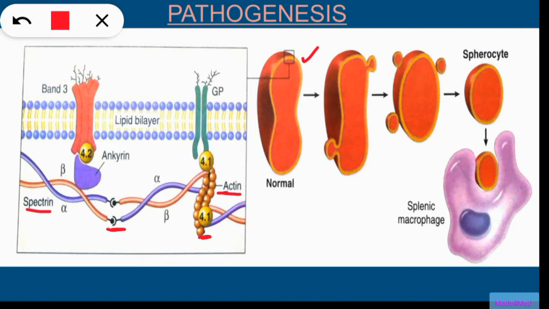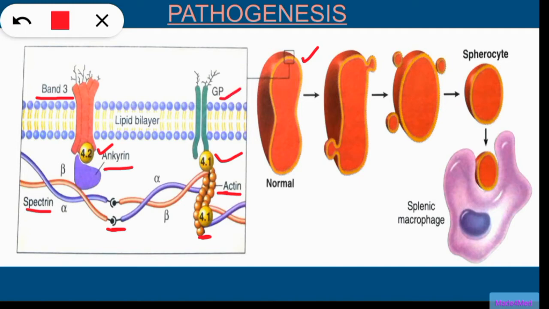This spectrin-actin skeleton is further connected to the cell membrane by two types of connections. The first is through the ankyrin protein and band 4.2 protein, and is attached to the band 3 transmembrane ion transporter. The second connection is through the band 4.1 protein, which connects it to another protein, glycophorin A.